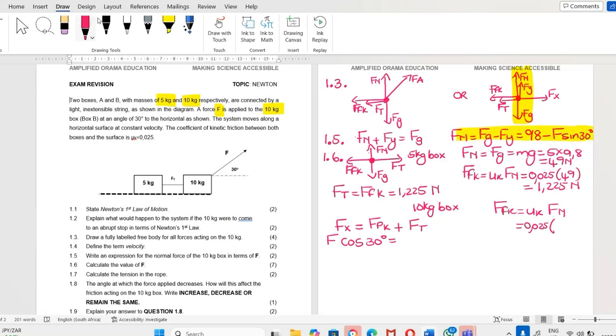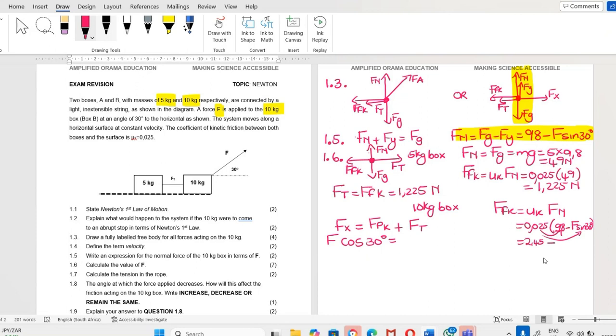So that would be 98 minus F sine 30 degrees. Then we could distribute that, and then say 0.025 multiplied by 98. Then we get 2.45 there